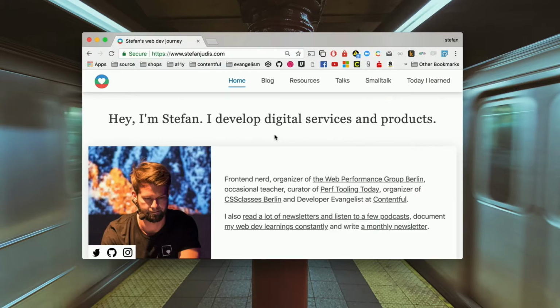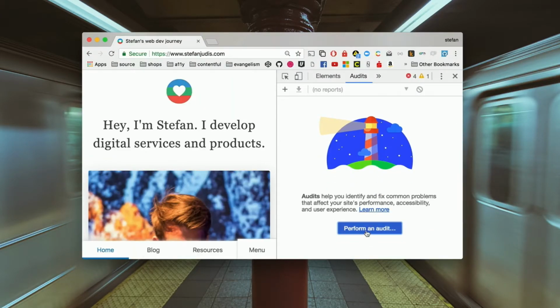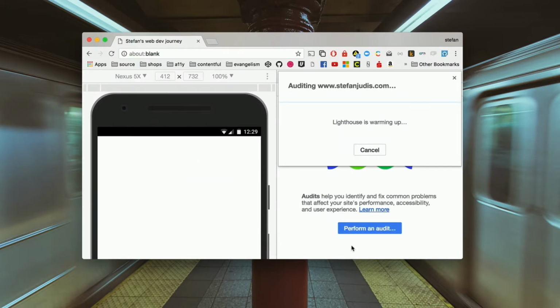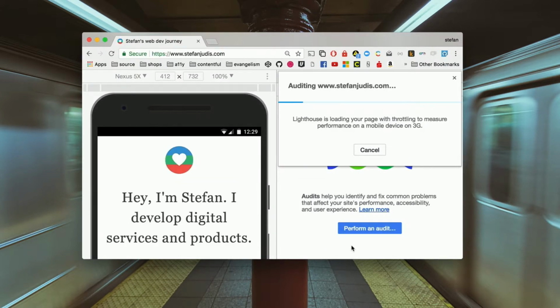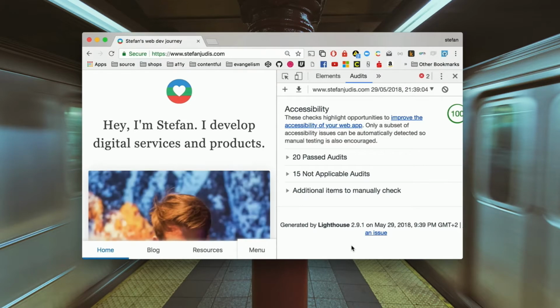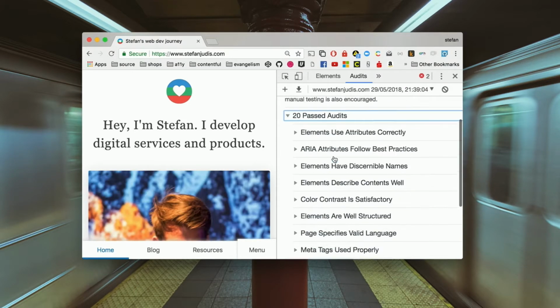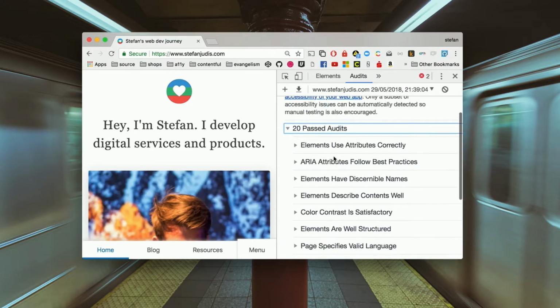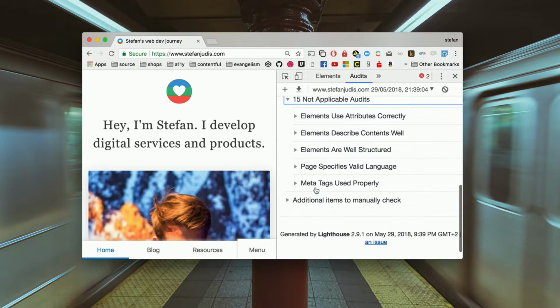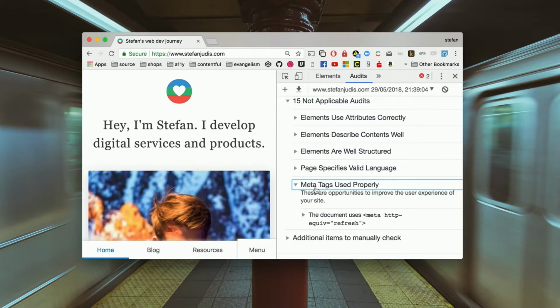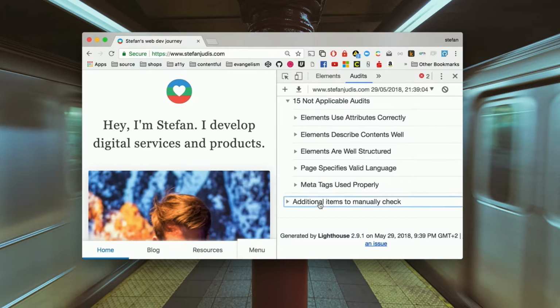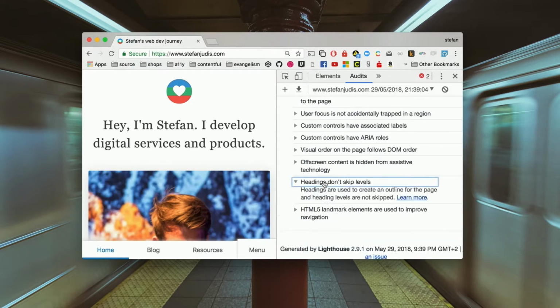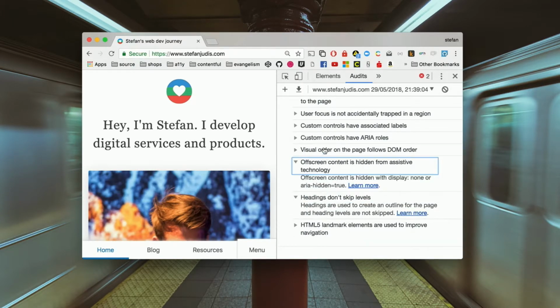Another thing is that Google now starts checking accessibility too, right? So what you see there is Lighthouse, which started as a tool for progressive web app testing. And they ship with accessibility monitoring now, which is really cool. Because this is what you use when you build your hipster, cutting-edge progressive web app, right? So when you want to have a score of 100, you have to be accessible too, which I think is